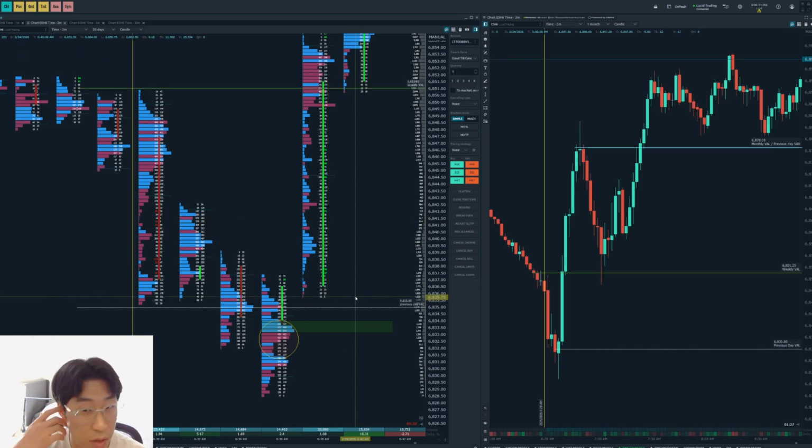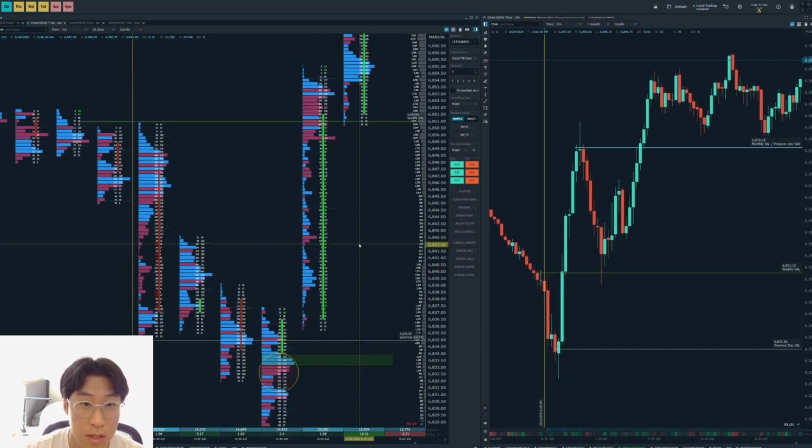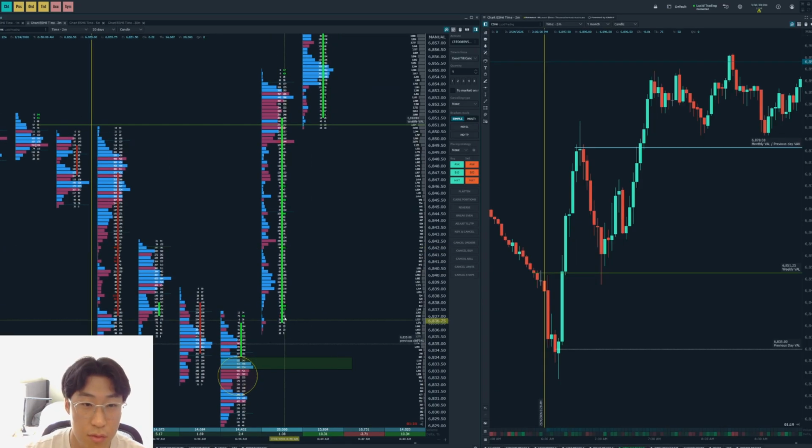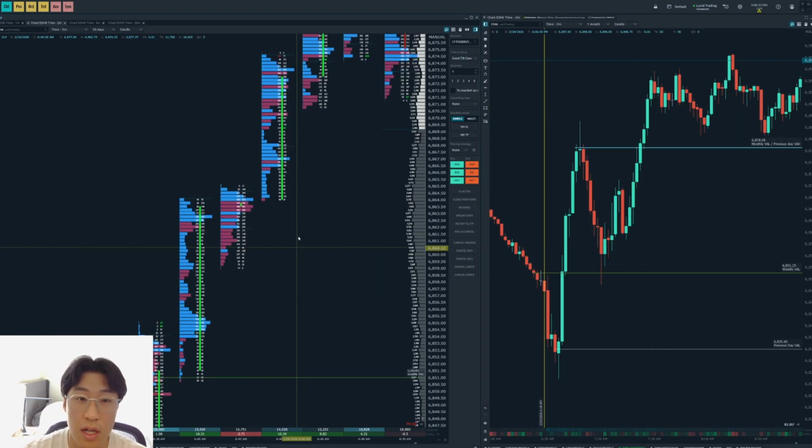Of course, I don't play reversals, but that is just how I was processing the information. And right here, we see an aggressive move to the upside, 20,000 lots, showing that there is indeed aggressive buying. After that, we get a move all the way to our breakout zone